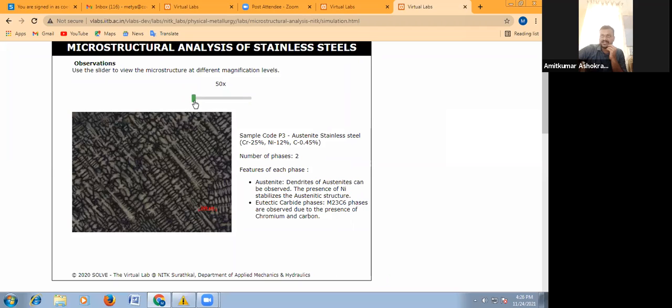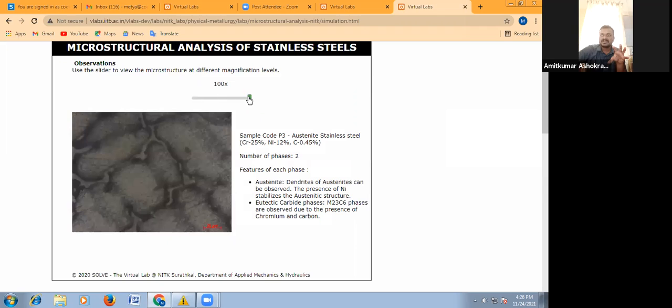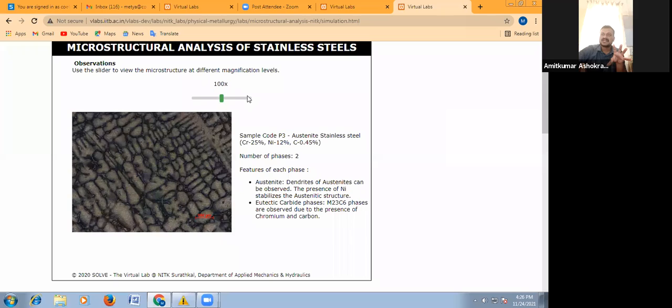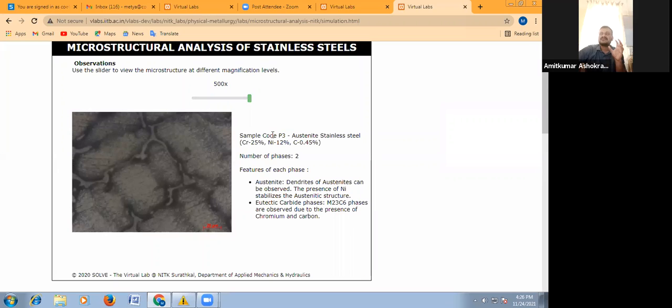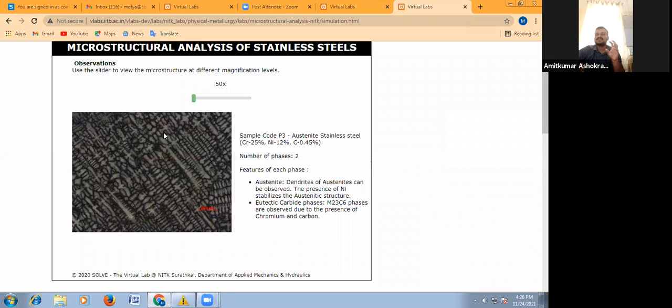For 50x, meaning lesser magnification, we are getting a little bit complicated or a little bit compact structure. Now at 100x, a little bit zoomed image we will obtain. Then at 500x, we are just enlarging or zooming it. Then whatever description is there, you have to write which phases you have observed.